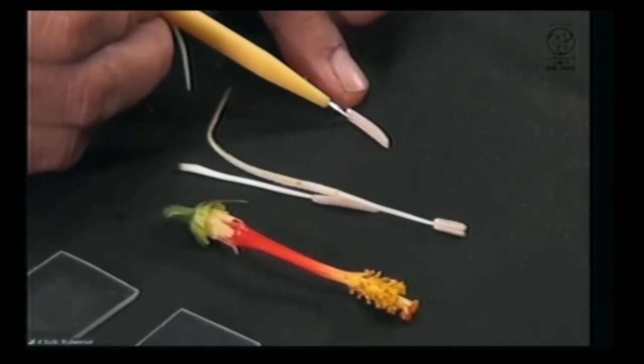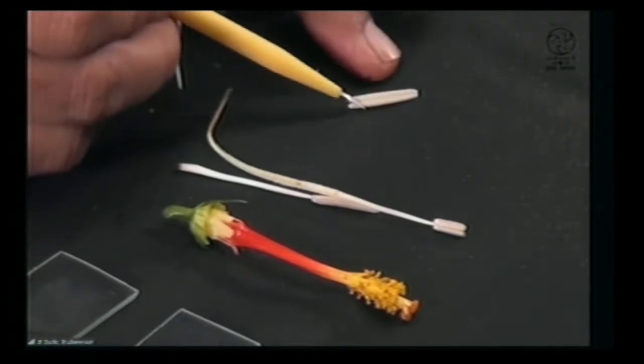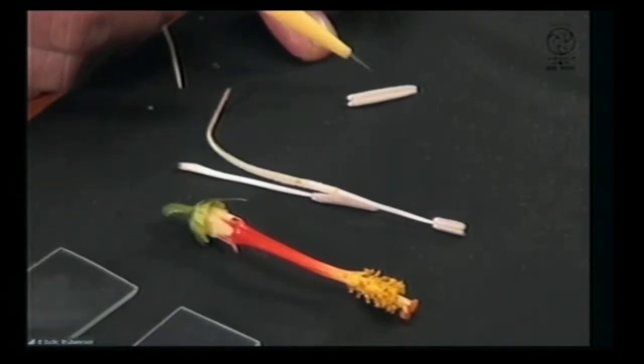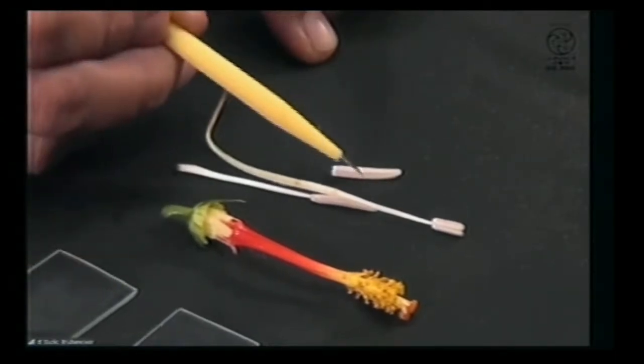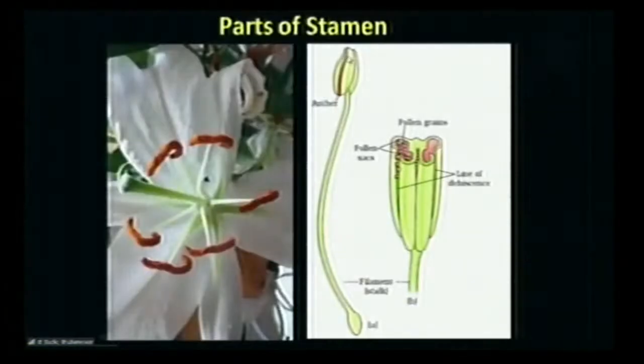Again, you can find that each anther lobe possesses two longitudinal structures, which are called theca. On this side two such structures are present, and here also two such structures are present. This is the filament, and this whole thing is the anther. This is one anther lobe, and on the other side is another anther lobe. The two anther lobes are fused by a sterile mass of tissue which is called the connective.